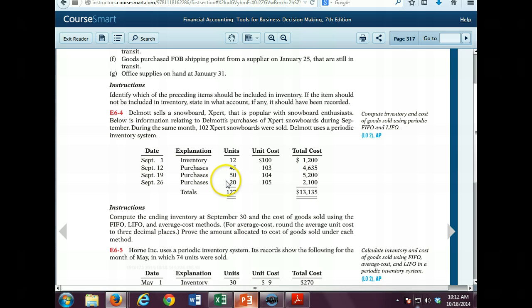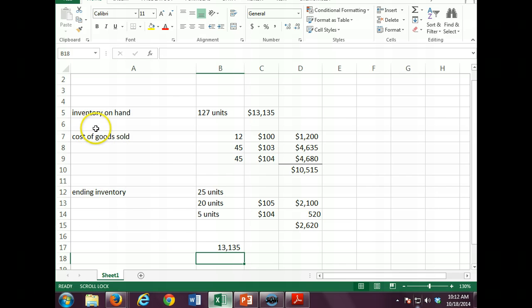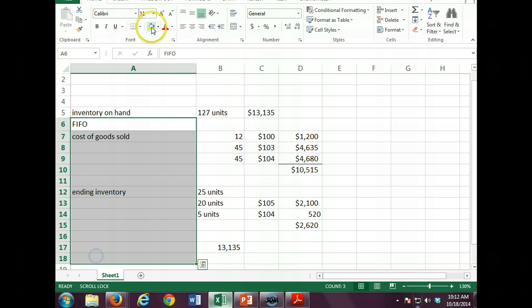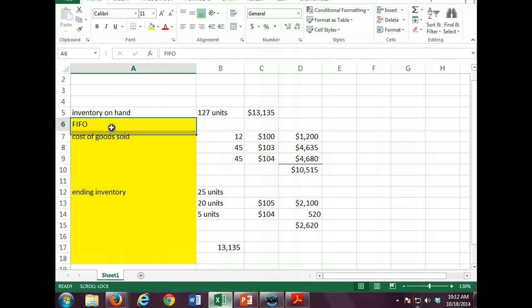We're going to take the 20 from the September 26th purchase, the 50 from the September 19th purchase, that's 70, and 32 of the September 12th purchase, okay? That's all FIFO above. Now if we do LIFO,